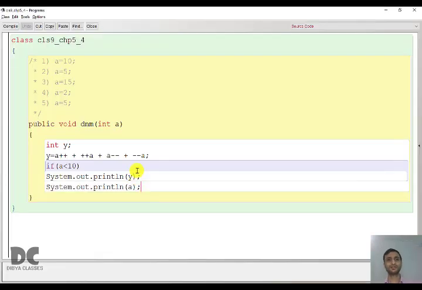Bit 4. In this question also there is a little bit of a trick: when do you need to solve this expression and when you don't need to. You need to solve this expression when you require it to print it. And when do you want to print it? When the value of a is less than 10. Since we are increasing 2 times and decreasing 2 times, the a value remains the same every time. So only in bit 2, bit 4 and bit 5, you have to solve y, because this will become true and you have to print the value of y. Else in bit 1 and bit 3, you don't need to solve y.